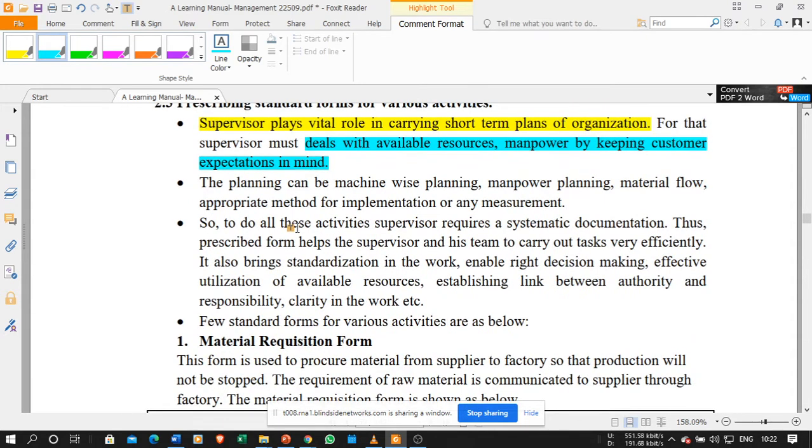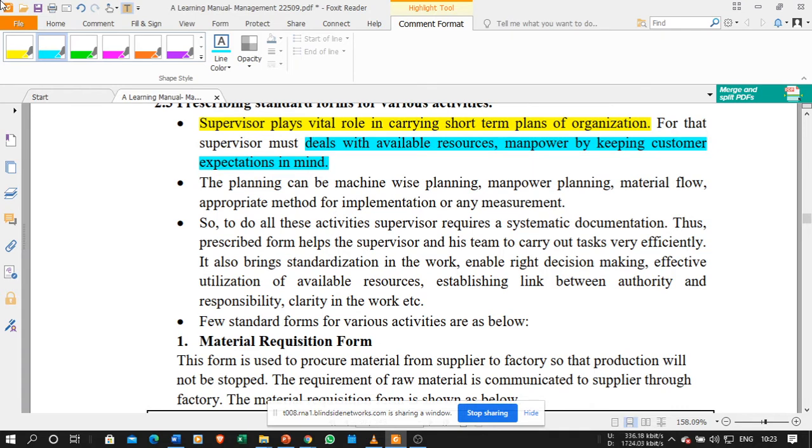Okay, so what are the expectations of the customers? Customers normally want their product to be delivered within time. The product delivered to the customer should be of the quality expected by the customer. These are certain expectations of the customer, and sometimes they will require after sale service. After sale service is very important, which will increase your reputation in the market, and that will also lead to mouth to mouth publicity.